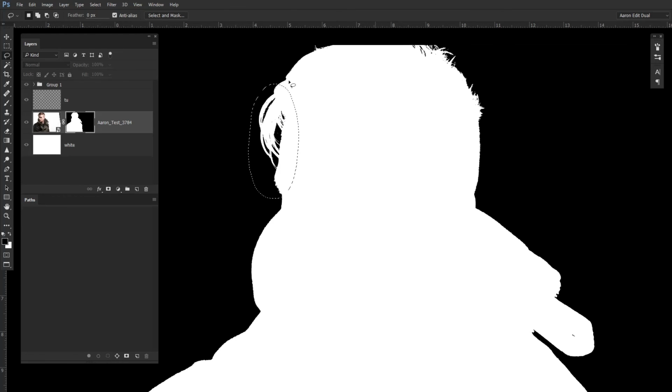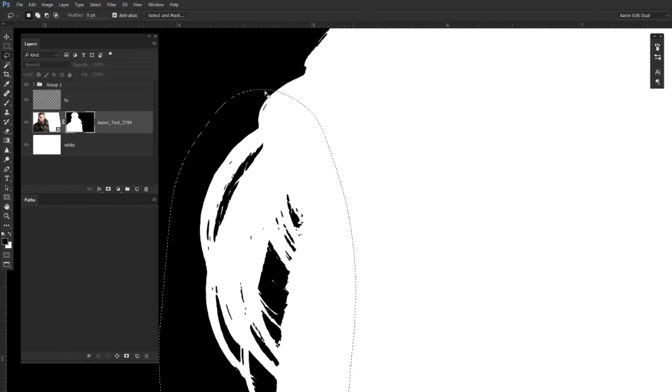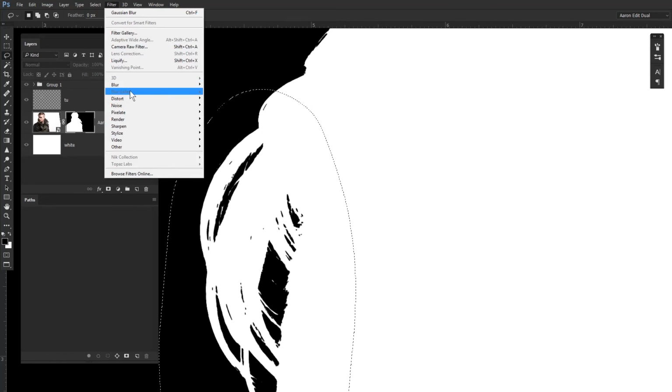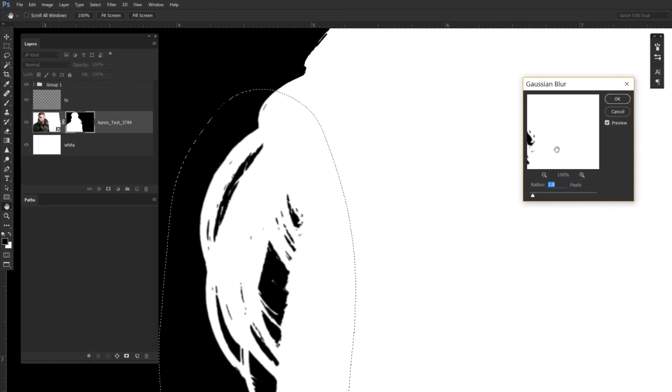And now that we feathered that, this is what this means: we have this line right here, and we've feathered it 30 pixels up and down, so that it's going to blend. It's not just going to go straight from soft to hard. It'll actually have a little bit of blend from the soft to the hard, so it doesn't look so abrupt when we blur it. So if we go back up and we have our mask selected, we're going to go into Blur and Gaussian Blur. And let's go ahead and do, and we can even do 2 pixels just so we demonstrate it. And then we're going to click OK